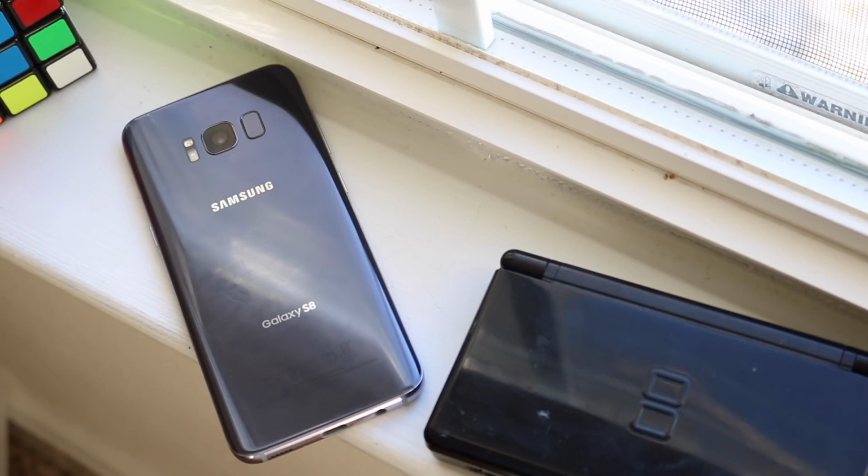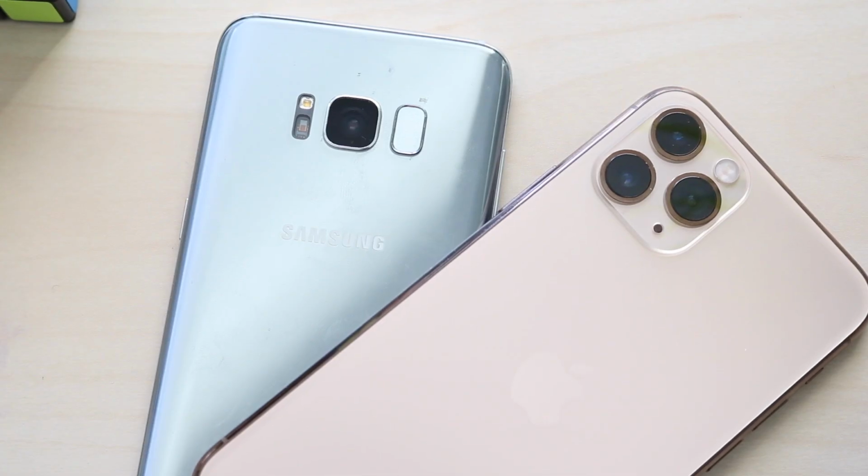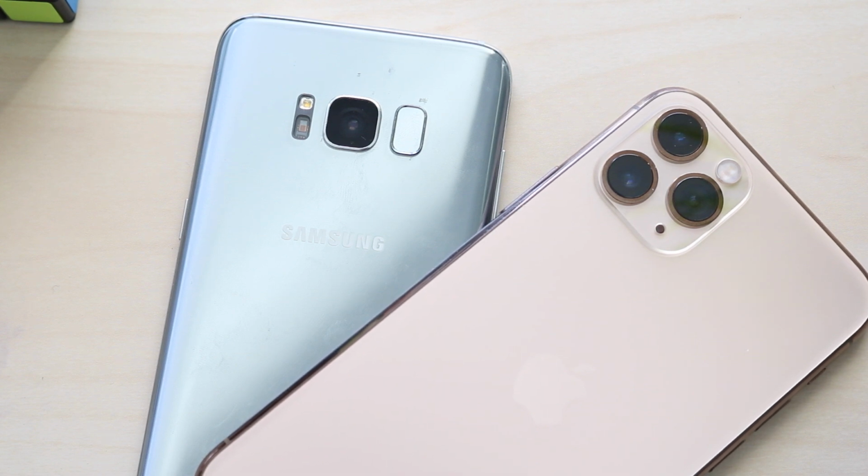Let's go ahead and talk about the cameras between these. So, like I said, the S8 has a single 12 megapixel sensor. The iPhone 11 Pro has 3 12 megapixel sensors. And in terms of the quality